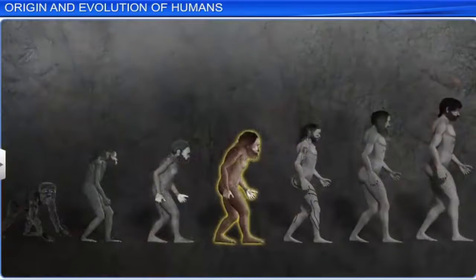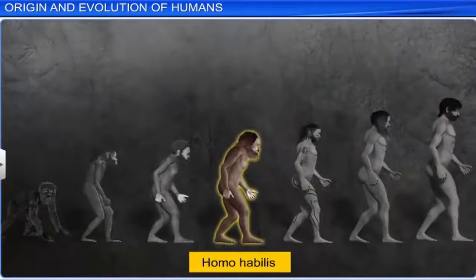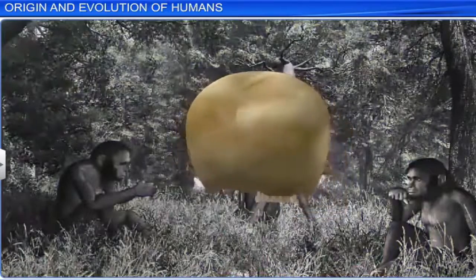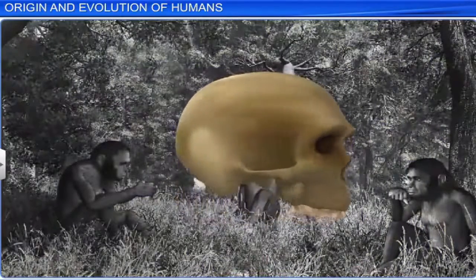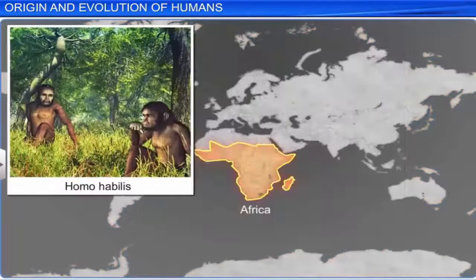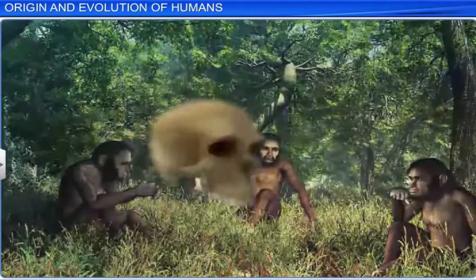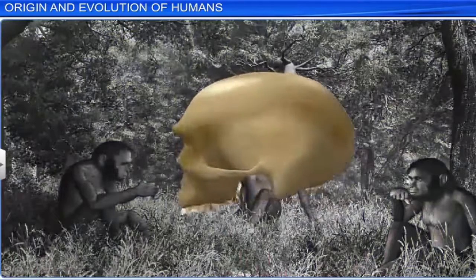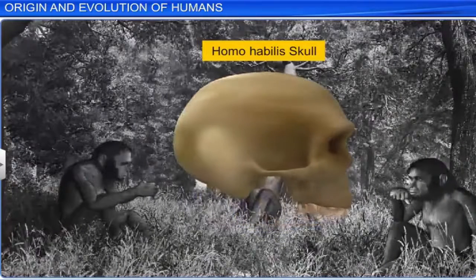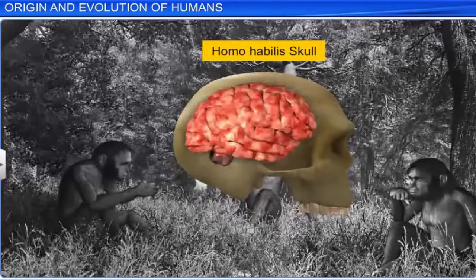The first human-like beings were Homo habilis, or the handyman, as their bones were similar to the other Homo species belonging to the hominid family. They lived in sub-Saharan Africa between 2 million to 1.5 million years ago and had probably evolved from Australopithecus africanus. Homo habilis had stronger teeth, which suggests that they might have eaten hard plants and soft animals. The brain capacity was between 650 to 800 cubic centimeters.